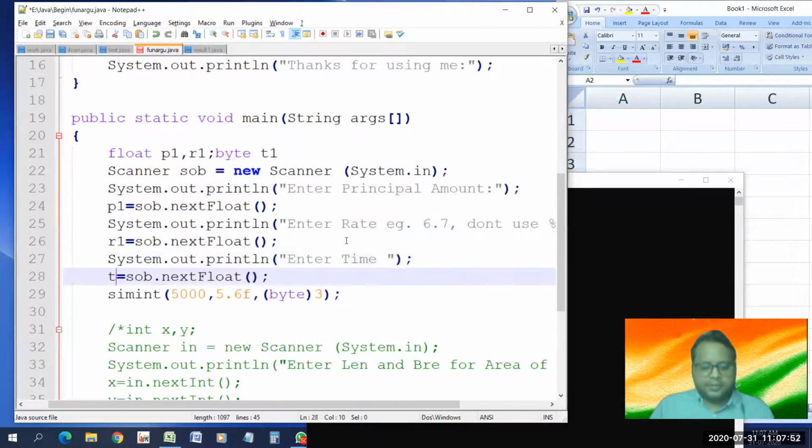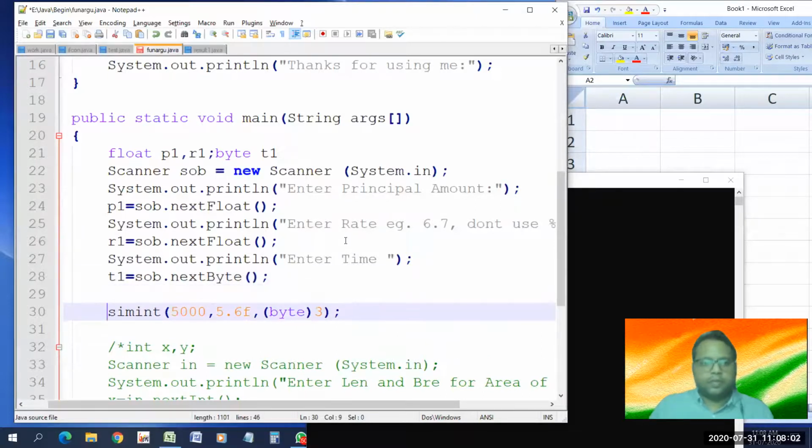T1 is the variable, and what kind of data is it? It is a byte, so we'll have to write byte here. Now we have all the data set. Now we can erase all these things and put p1, comma, r1, and t1, any variable name you can give.